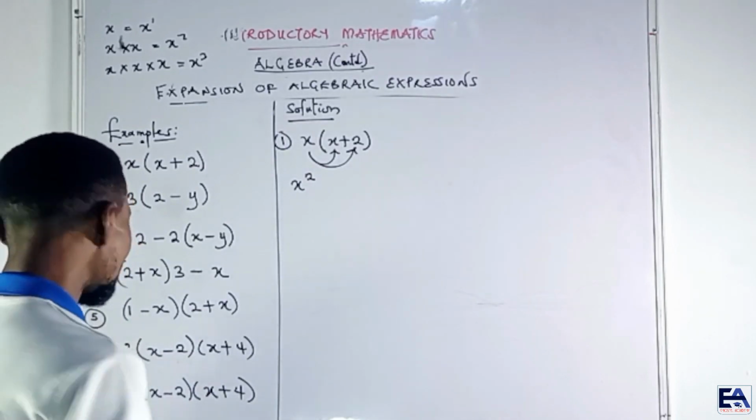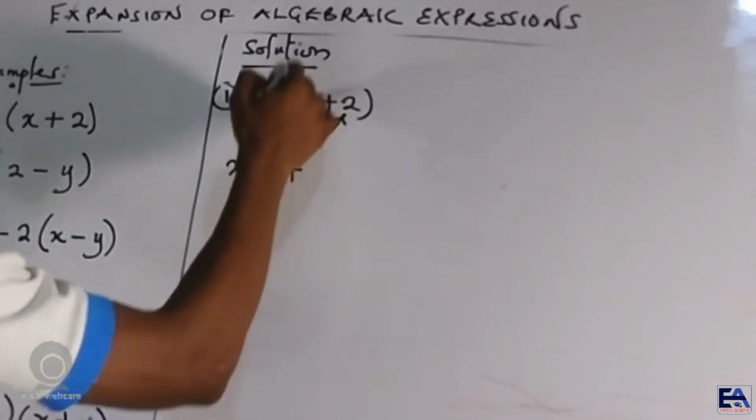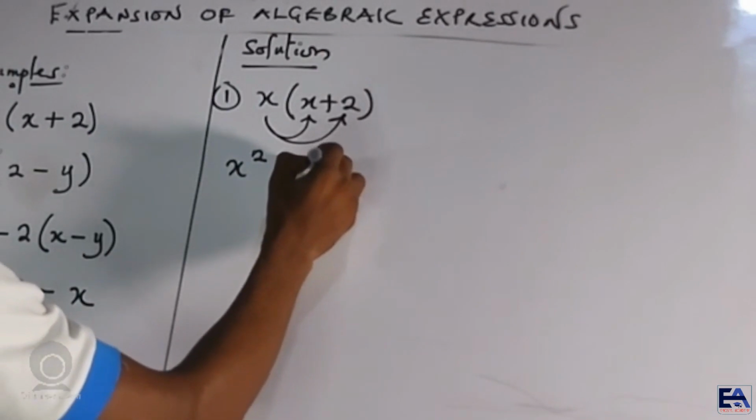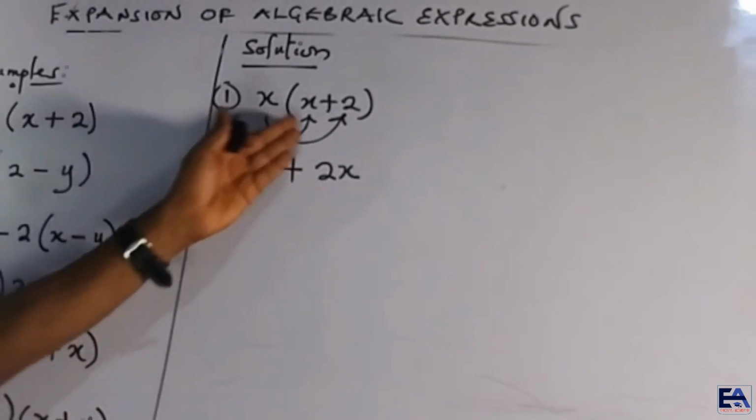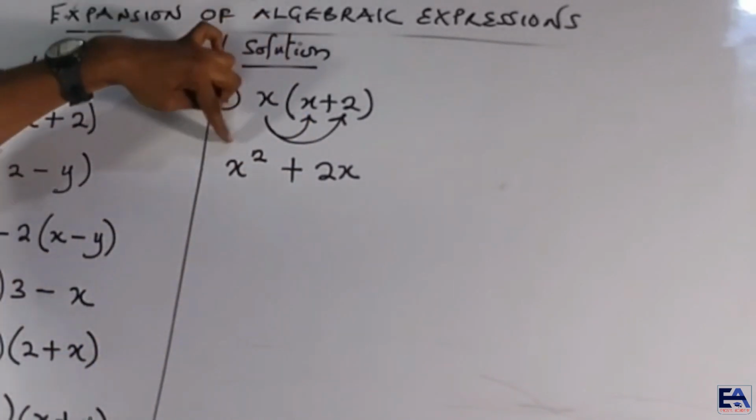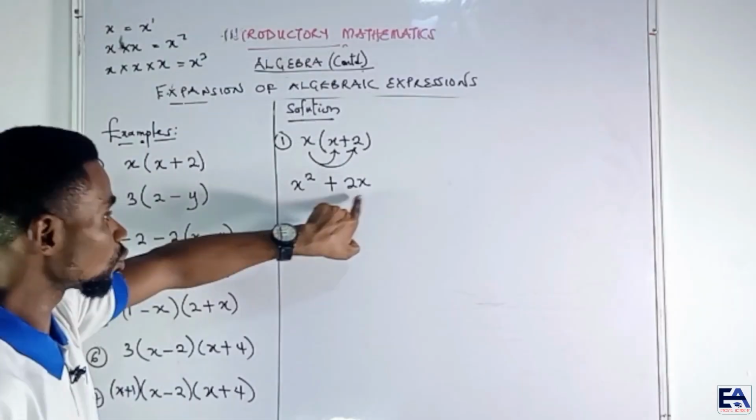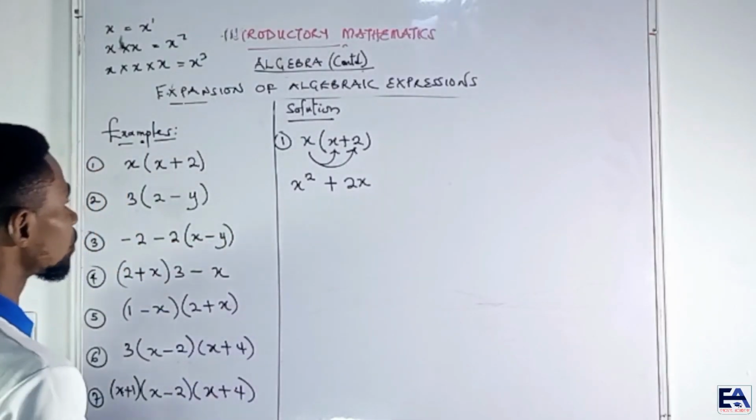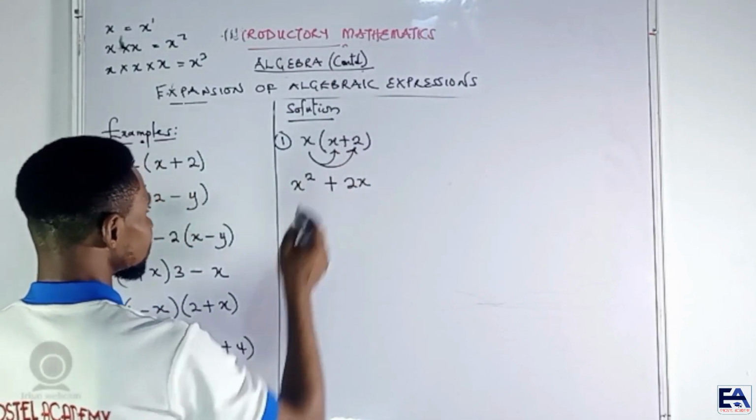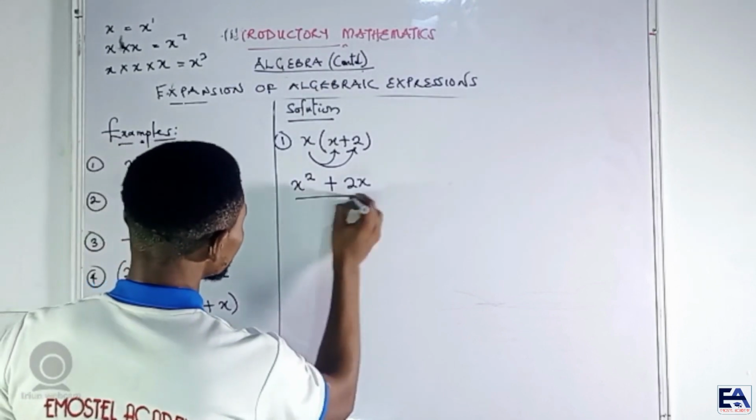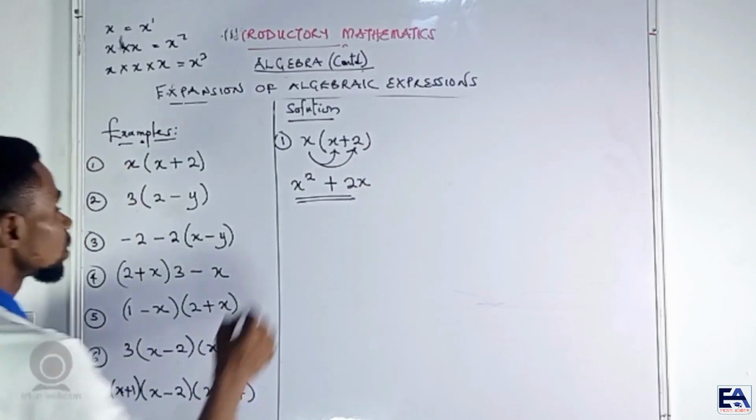Let's continue. So we have x times x giving us x squared. Then the same x multiplied by 2 gives us 2x. See the difference between this one? x times x gave us x squared. x times 2, that is x in 2 places, gave us 2x. You understand that? So good. This one means x multiplying itself twice. This one means x in 2 places. So there's a difference between the two. x times x, x squared; x times 2, 2x. That's all. Then the next one,